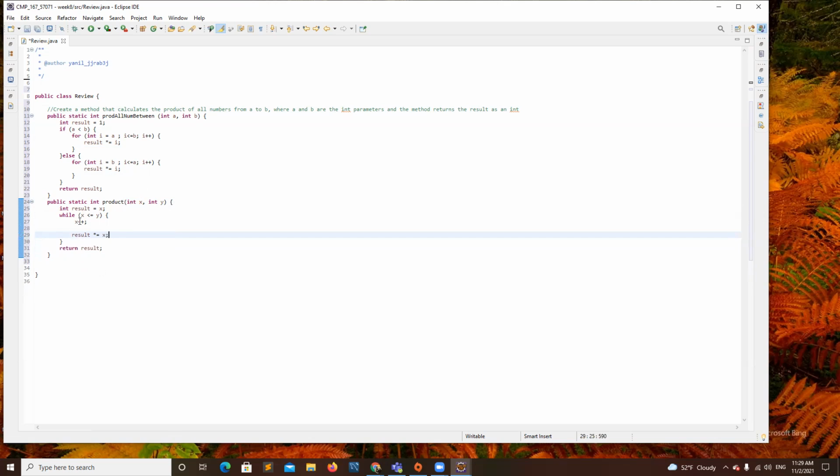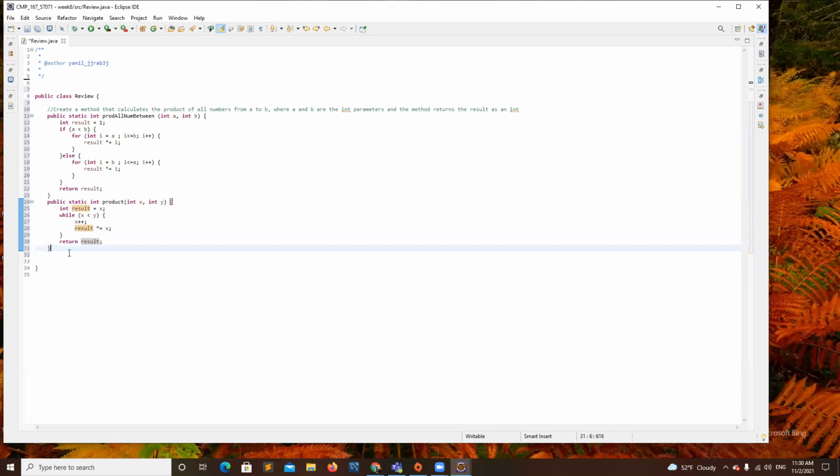If you have it like this, and you want the Y to be included, then you can do while X is less than or equal to Y. And this is going to fix your implementation. But so far, good idea on trying different implementations.